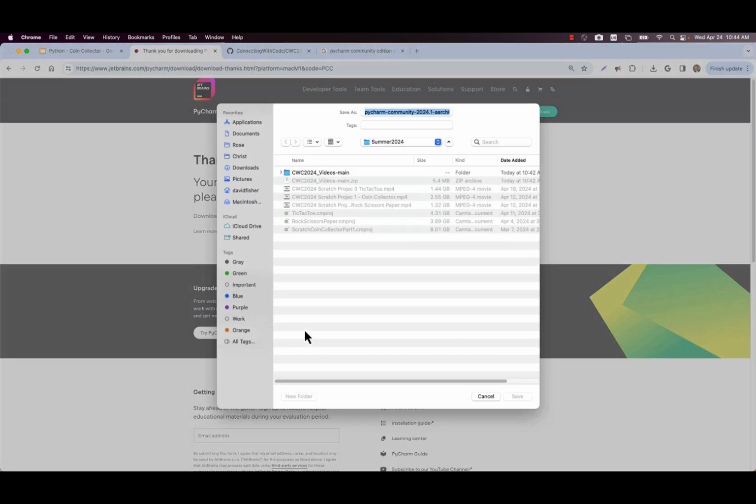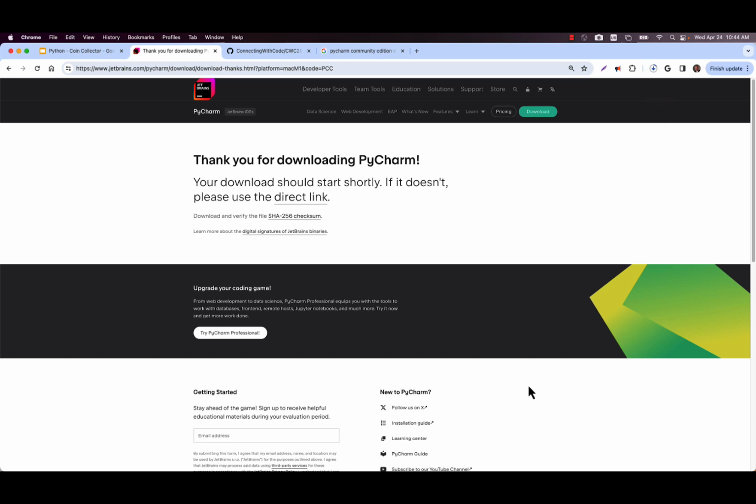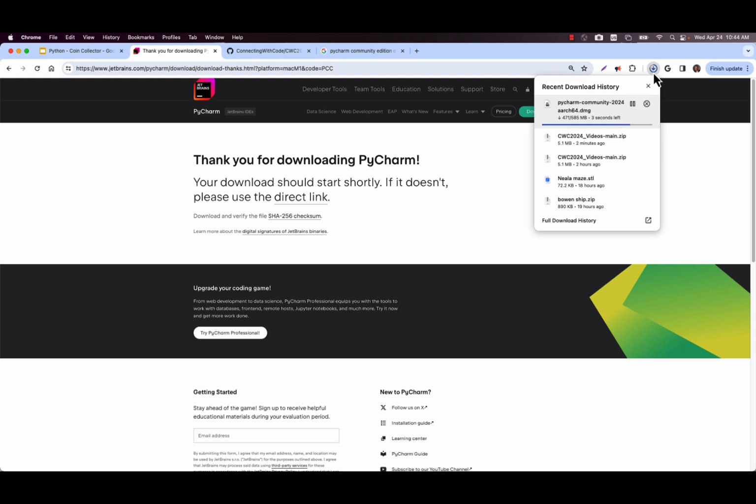So I'm just going to go and click on download here. And I'll just pretend like I'm installing it for the first time. I know that I've already got it and mine's all set up, but I want to try to replicate what you're likely to have to do of installing it. So I'm using Chrome here, and it's installing this program.